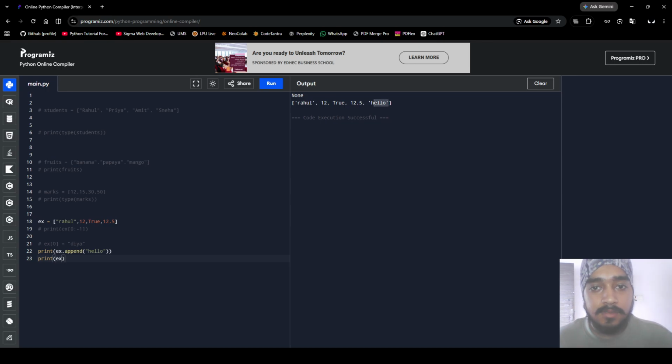You can see here hello got printed. I don't have to write print here. You can see here hello got added in the string in the last. Now if we want to insert into a specific position, you can use the insert function also,